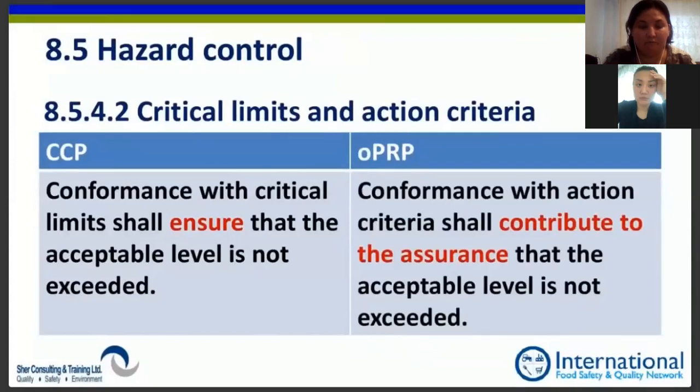Because what it says is that an OPRP, when you talk about the critical action criteria, conformance with action criteria shall contribute to the assurance that the acceptable level is not exceeded. Not ensure, but contribute to the assurance. Now that is wording that is a little slippery, and I don't like it. I don't want anything to contribute to the assurance. I want it to ensure. There should not be a difference, in my opinion. So I'm willing to argue that